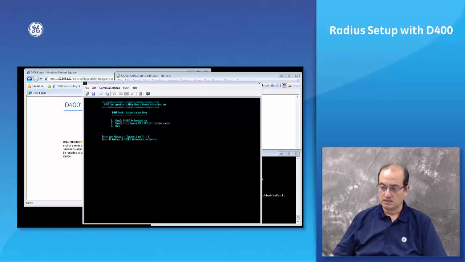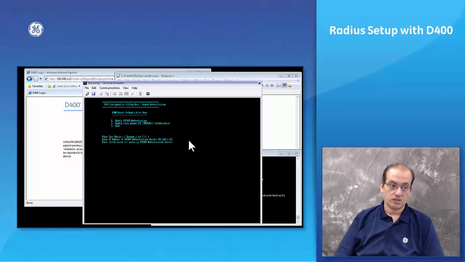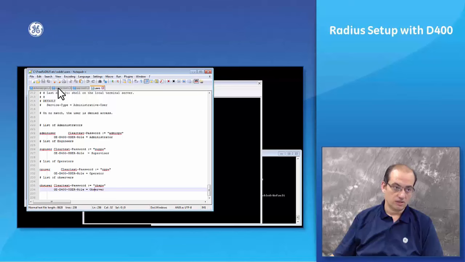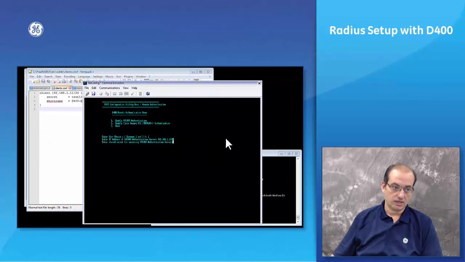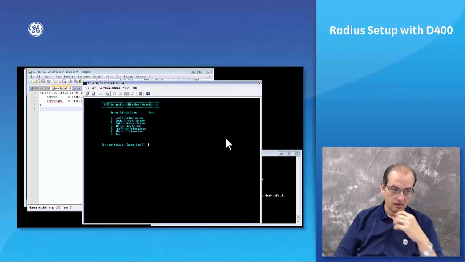In this case, I will use my IP address, which is 1.100. Now I've configured the IP address of my RADIUS server. It asks me for the secret word. Remember, I said that during the configuration of the RADIUS server, you will need your secret word. In this case, we're using test123, so I'm just going to use that. Do you want to save the changes? Yes. My RADIUS server has been configured in the